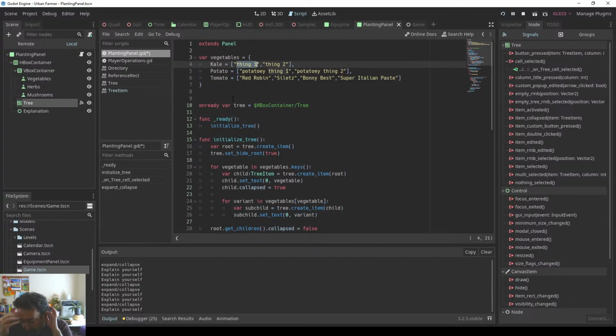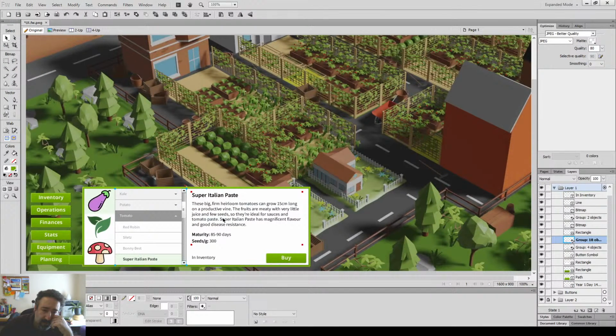So we'll keep the data separately in a data file for sure, but how do you structure that data? Give the description of this variant, say super Italian paste, be part of this tomato data. I think it should. Looking at our dummy interface,